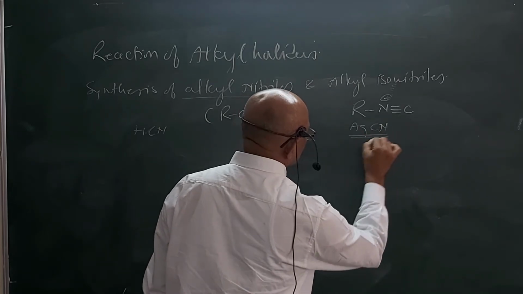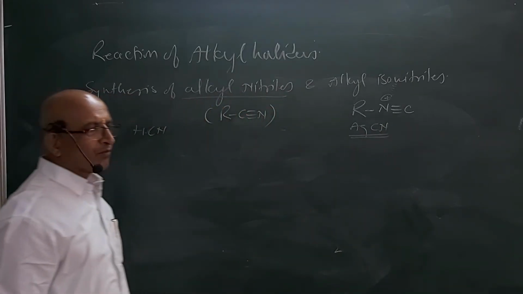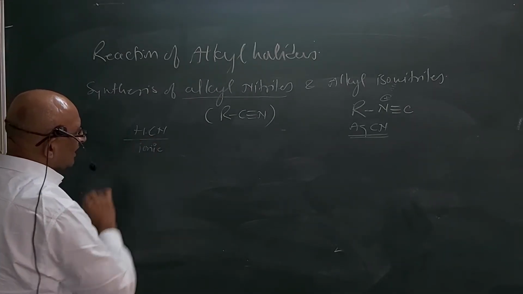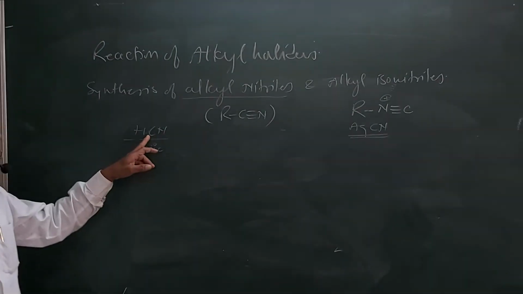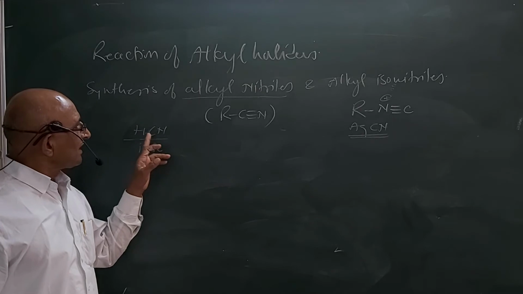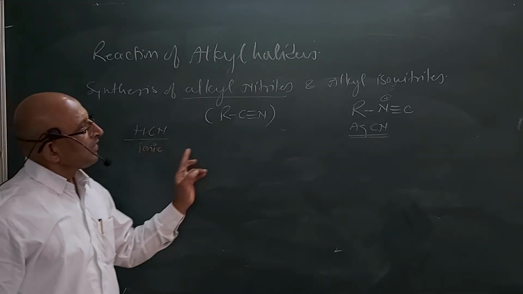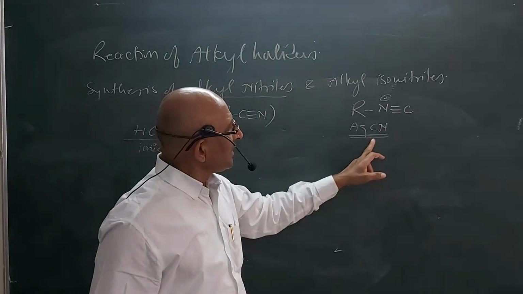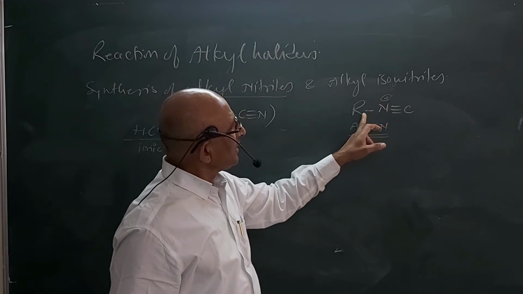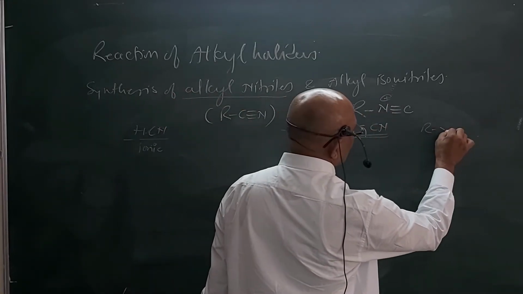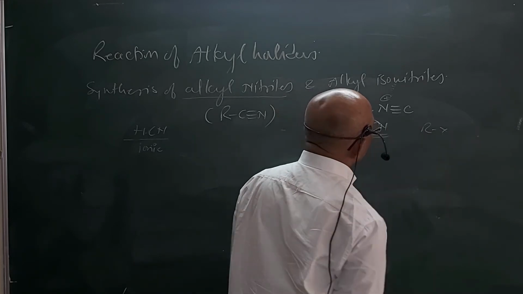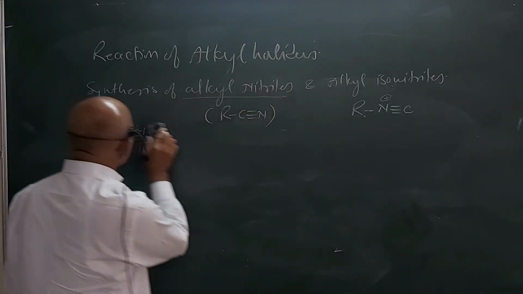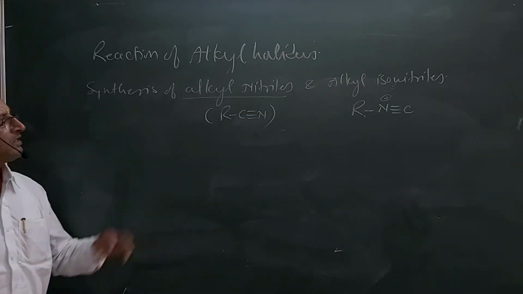Here again the basic difference is that this is more covalent than ionic, and here it's totally ionic in nature. That's why here the carbon attacks the alkyl group of the alkyl halide and forms alkyl nitriles, whereas in the formation of alkyl isonitriles, as this is covalent, the nitrogen donates the electron pair to the R group of the alkyl halide, and so here you are going to get the formation of the isonitriles.